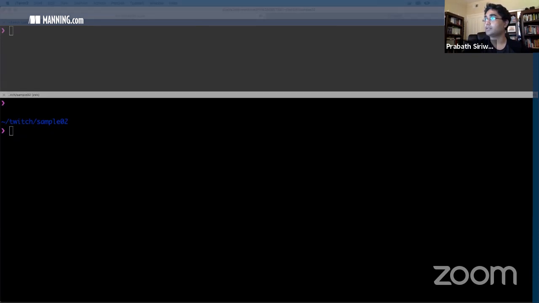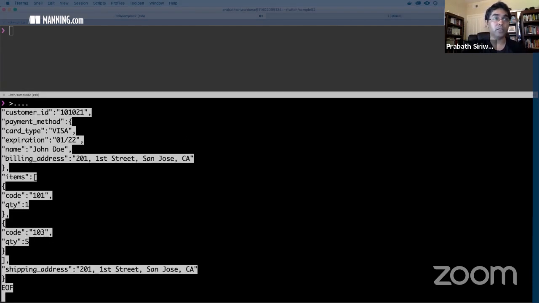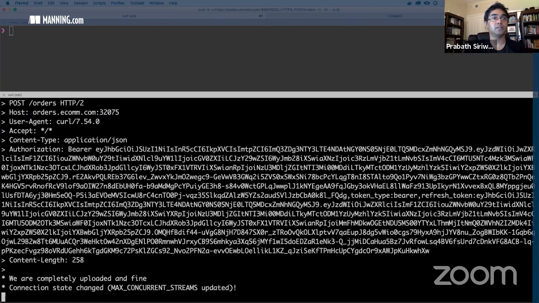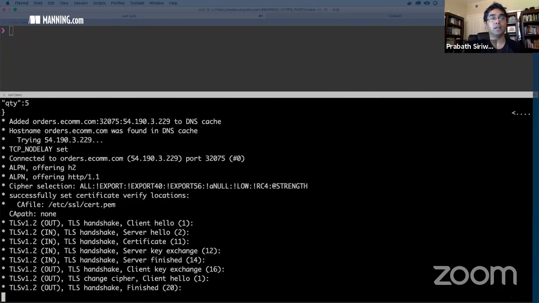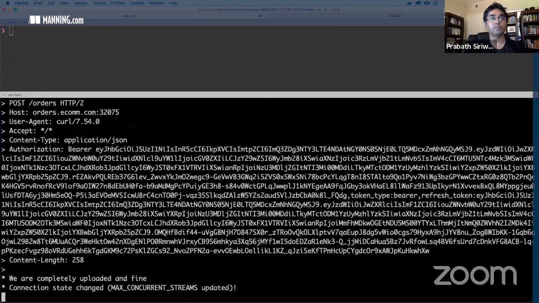Let's run the other command to try to access the order processing microservice. Still, we don't do any JWT validation. We just enabled TLS at the Ingress Gateway. We haven't enforced any authorization policies at the services, so we don't need to pass the JWT here. With or without a JWT, we should be able to access this. We should see a 201. Yeah, so now we could access the inventory microservice securely.